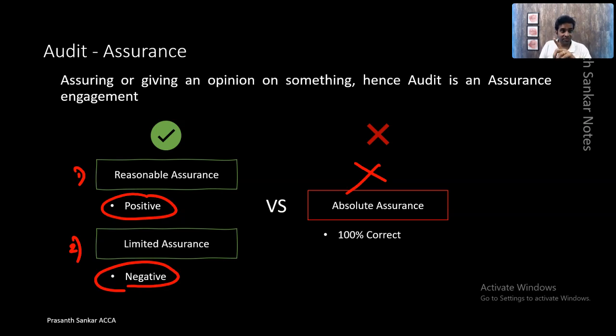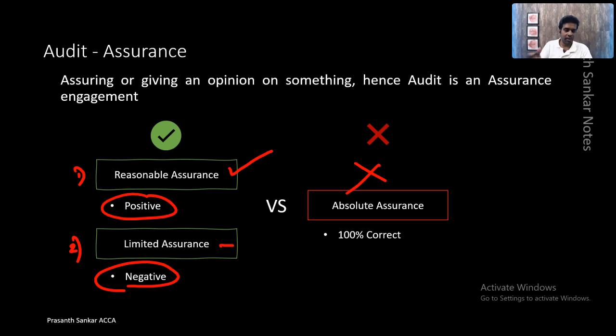But absolute assurance is where we are saying it's perfect. It's never perfect for a practitioner. Specifically in financial statements, it's never ever perfect. The moment you say perfect, you're taking absolute responsibility for the subject matter. And when you do that, as I told you, there will be huge repercussions and there will be huge risk involved. So hence, in an audit, we give reasonable assurance because it's a high level assurance. For any other assurance engagement, we try to give a limited assurance.